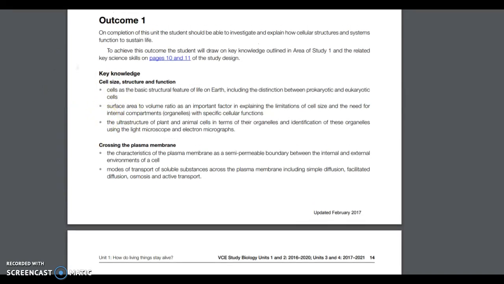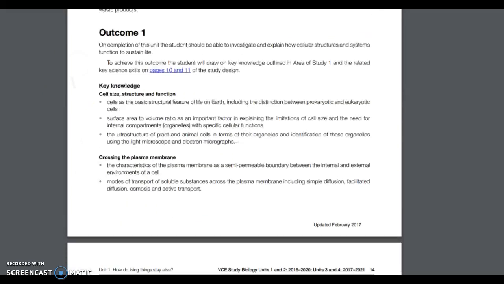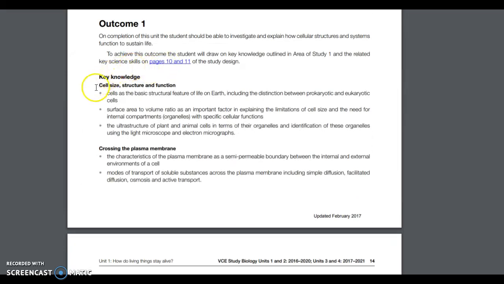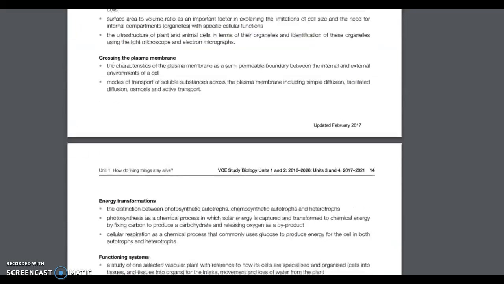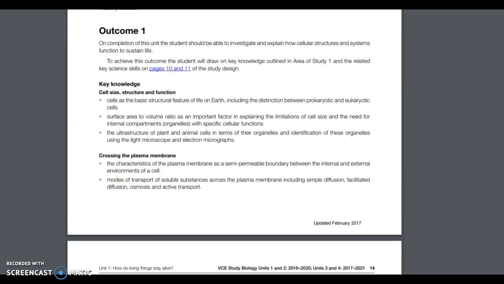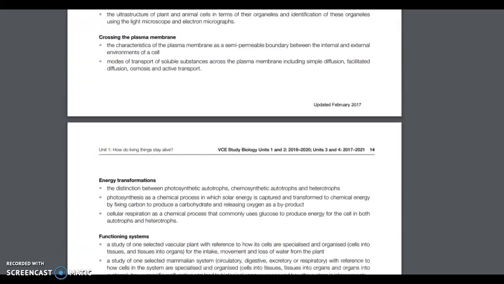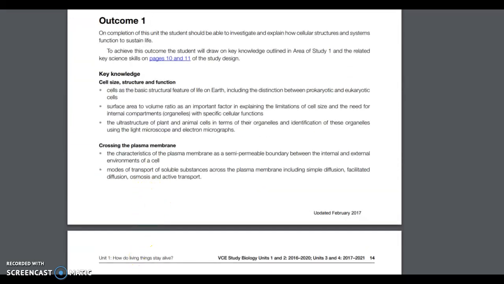All right, so if I was to choose area of study 1, outcome 1 for biology, I might choose that dot point. I might not choose that one. I might choose that one. Okay, so it doesn't have to be 2 sequential dot points. It could be any 2 dot points within the particular outcome. Okay, so going back to the assignment,